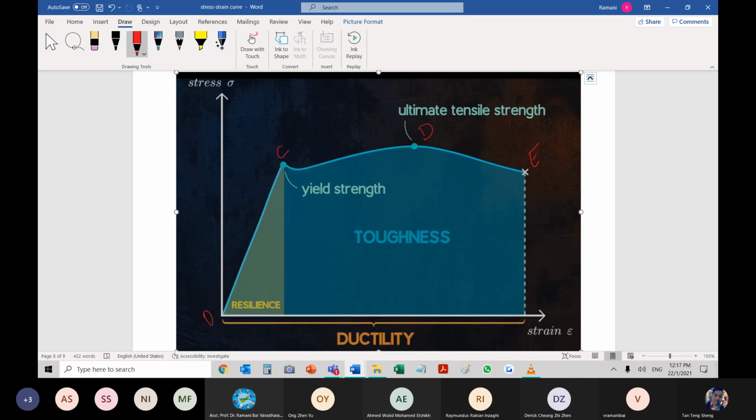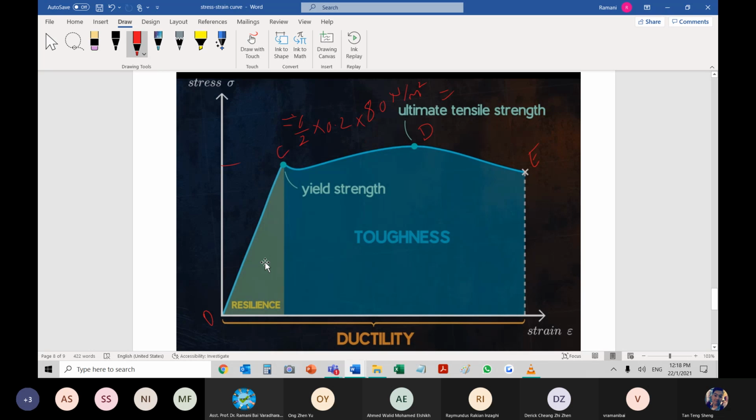Fracture point. Now the area under this curve, area means what? Half times base, which is the strain, times the stress. If you calculate the area under the curve manually, 1 by 2 times, say for example, 20% or 0.2 strain. 0.2 is my strain, and the yielding point is say 80 Newton per meter square. If I solve this, that is the answer for the resilience of this material.